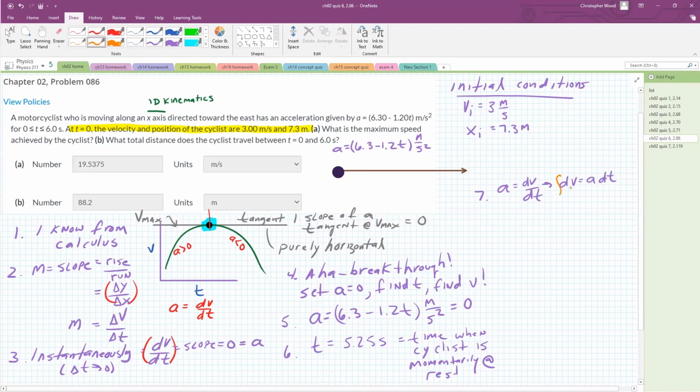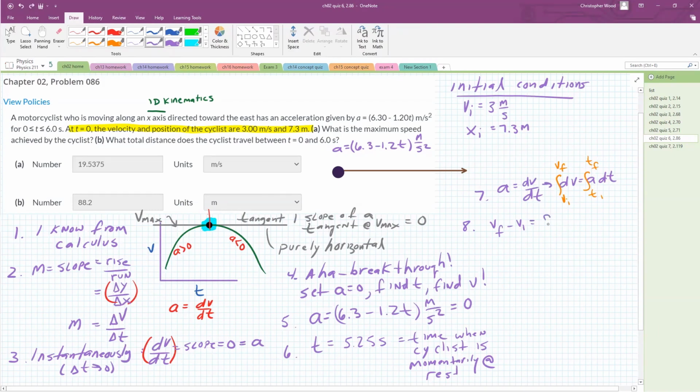So I'm going to do the integral, number 7, number 8. And I better specify my boundary condition. So this is some initial velocity, some final velocity, some initial time, some final time. All right, so if I process step number 7, I'm going to get V final minus V initial equals A. And technically it's going to be A. Oh, let me actually, sorry,